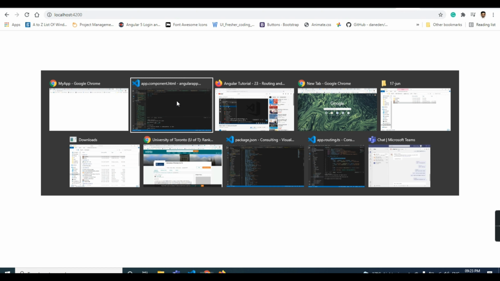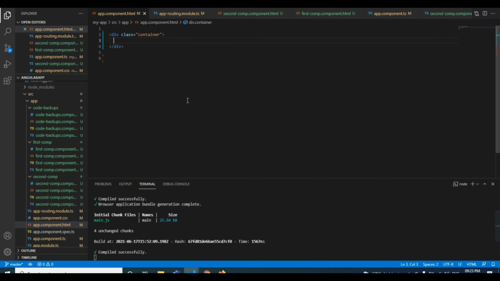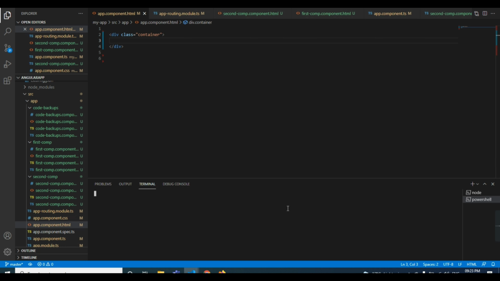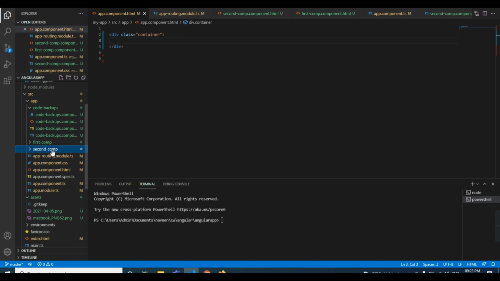So coming to the application, first we need to create two components: first component and second component. I have already created them. The simple command to create a component is ng g c and the component name, like first-comp.